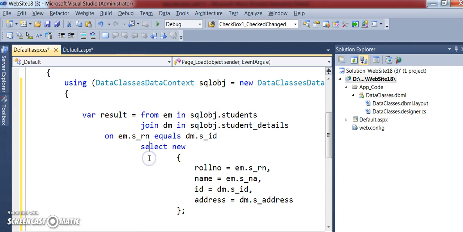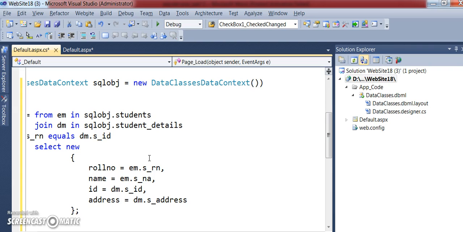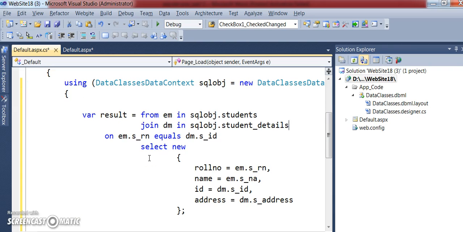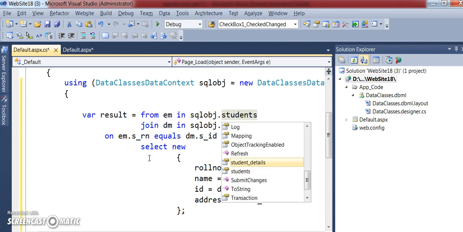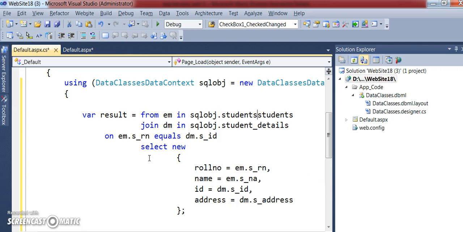Okay, let's continue with the code by writing one line of code: using data context, data classes, data context, any object name equals new data classes data context. We have to write our query. Let's understand the query from keyword variable name in the above object called SQL obj dot. You can see that there are two tables available. My table number 1 is student